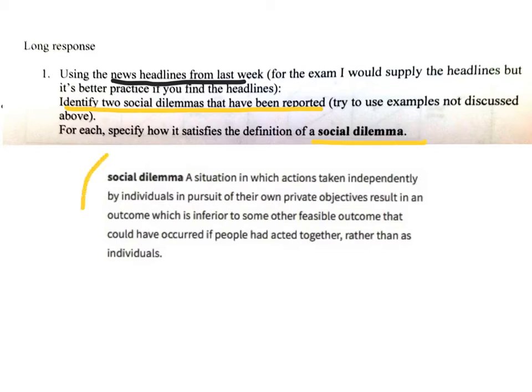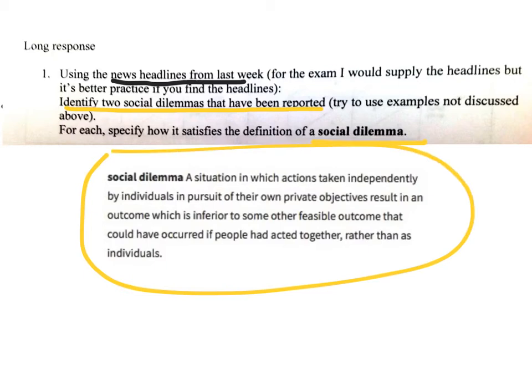First, we go to the definition of social dilemma: a situation in which actions taken independently by individuals in pursuit of their own private objectives result in an outcome which is inferior to some other feasible outcome that could have occurred if people had acted together rather than as individuals. And the most common social dilemma